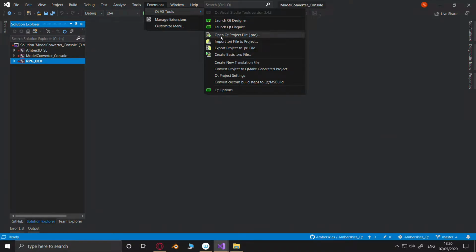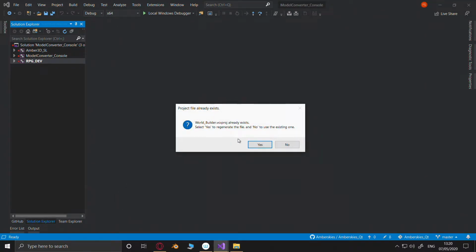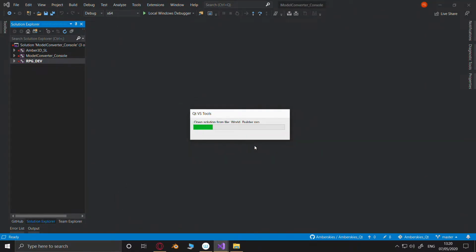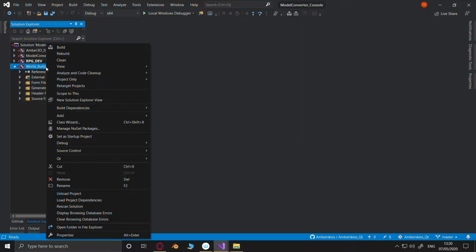Extensions. World Builder. Yes, just to regenerate everything, please. Thank you. So, World Builder.